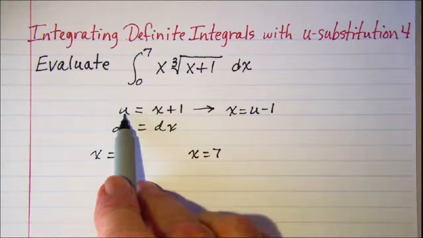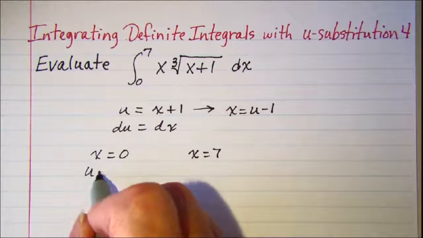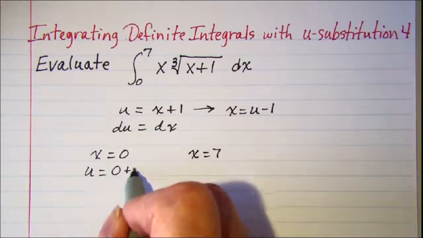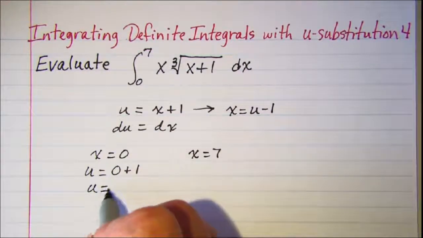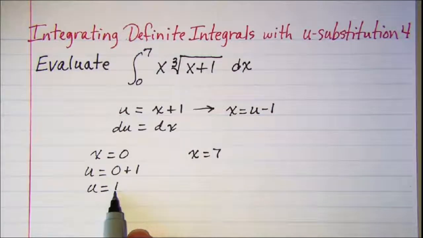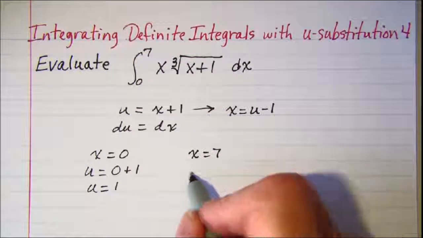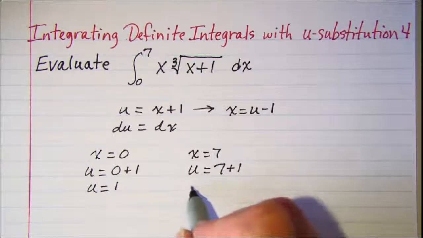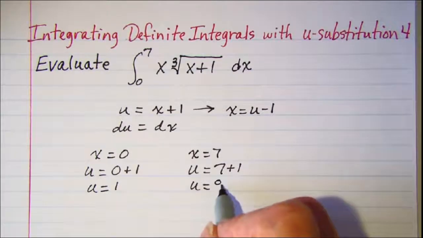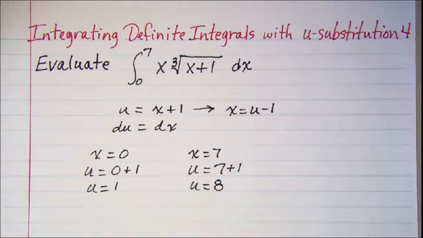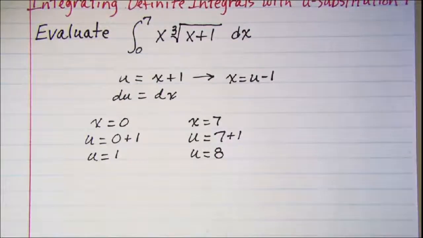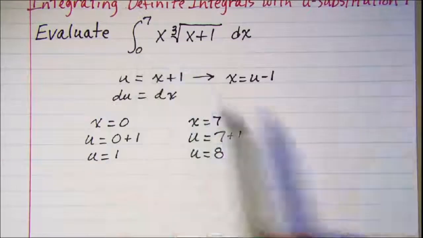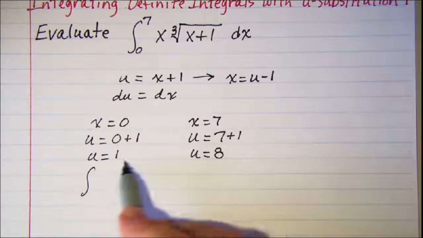So our u substitution will give us u equals 0 plus 1. So u equals 1 is now the lower limit of integration. And u equals 7 plus 1, u equals 8, is our upper limit of integration. So now if we sub in, we get the integral from 1 to 8